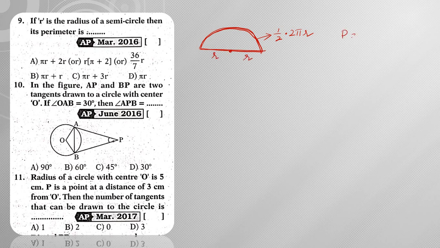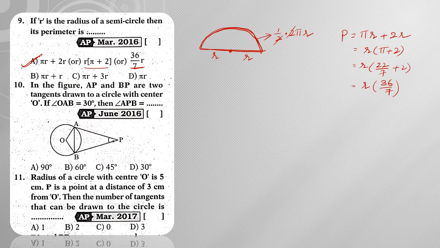So when I want to have the perimeter, the perimeter of the semicircle is given by, so here 2 can be cancelled. From this I can write it as pi r plus 2r. Now if I take r as common, then I am going to have r into pi plus 2. Again, I can write pi as 22 by 7, plus 2, which gives me r into 7 2s are 14, so this gives me 36 by 7. Okay, so the answer is pi r plus 2r, or r into pi plus 2, or 36 r by 7. So there are three possible options.